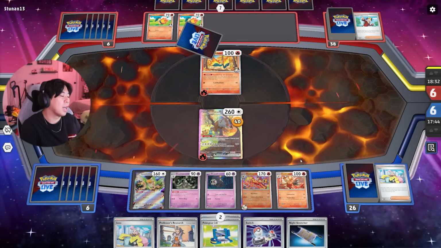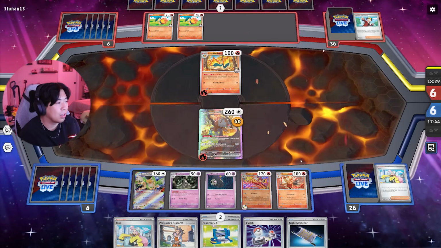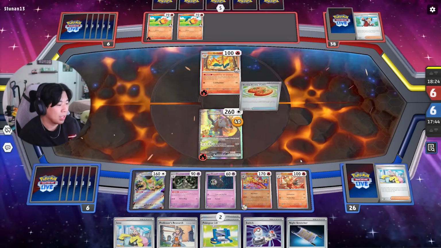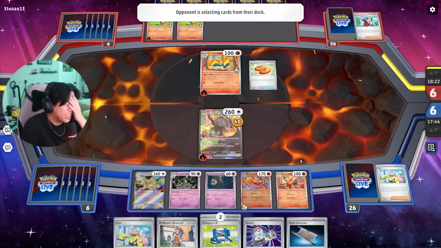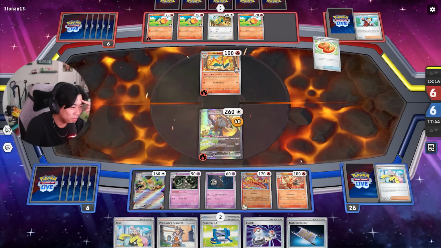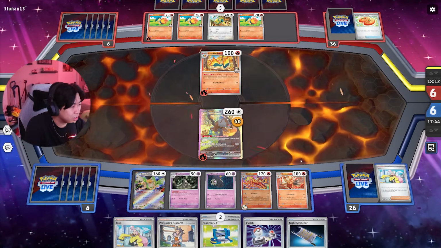Wait, I messed up. I just realized we can just pop the Dusclops on one of the Cyndaquil. And then we can switch and attack with Blaziken because we have the reversal energy. I am misplaying a lot today. I am very sorry, guys. But I guess it makes the games more interesting since we're not playing optimally, but we're still gonna try to